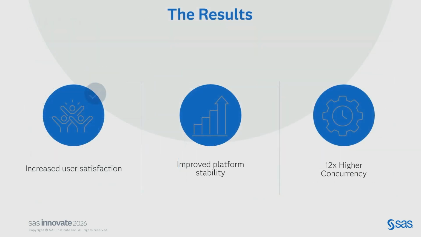So now, after applying these changes, what are the results? Once these changes were delivered, we have clear measurable results. We can now support 12 times more concurrent jobs with significantly higher concurrency throughput. The platform consistently handles more simultaneous users and parallel workloads without performance degradation. Just as importantly, user trust has improved. Sessions are more stable, interruptions have dropped dramatically, and overall platform reliability is noticeably better. The environment is now well aligned with the organization's workload demands and future growth.